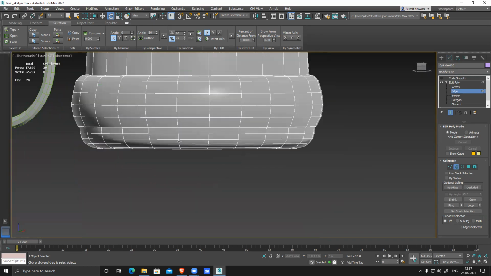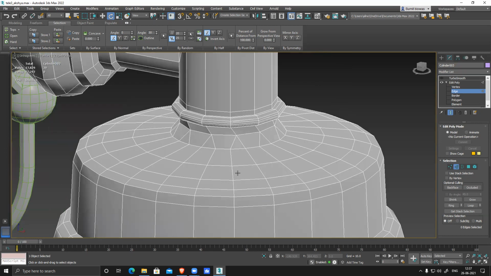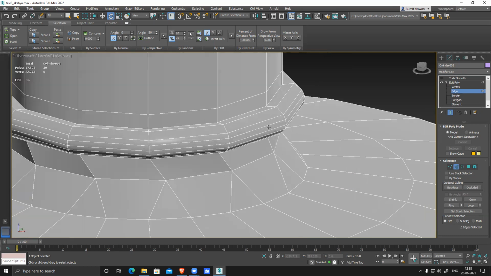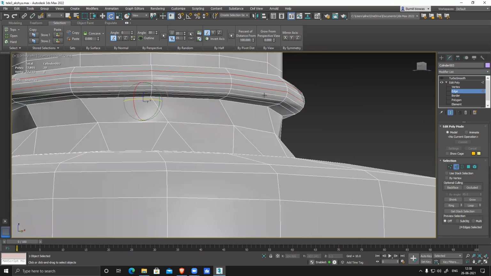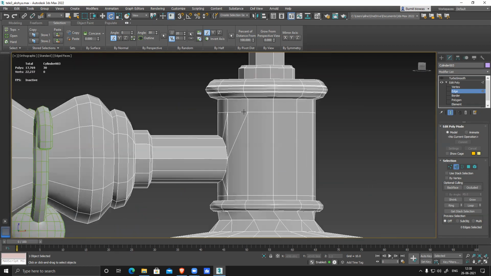It will look clean only. This shape is almost fine, but if I want, I can delete this one. Similarly, this area has too many polygons. Slightly optimize. And this cut is not required.